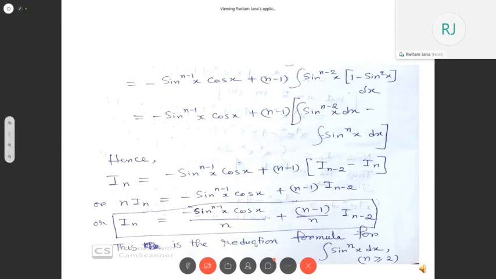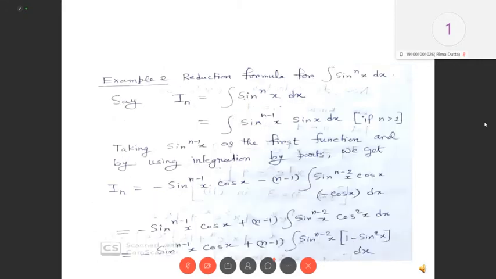Is this part clear? Could you tell me once again? Okay, so the reduction formula of the integral of sine to the power n x dx, right? Yes. Okay, I am writing this, no problem. Why can't you put n equals 0? Can you explain that, please? Okay, just wait.